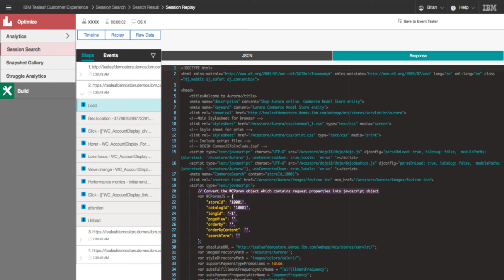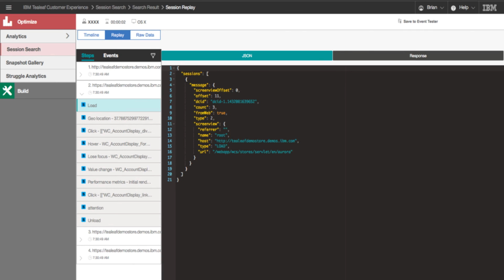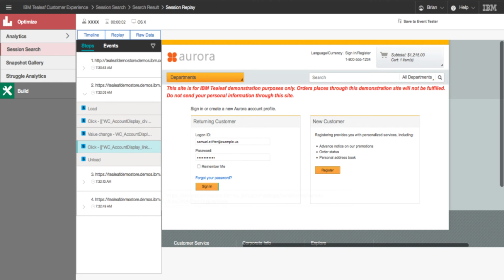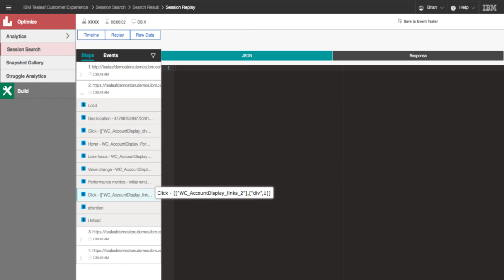The second screen view that was viewed in this session was the logon form for a desktop website. But how many visitors actually click on the sign on button? To build an event to track the frequency of sign on attempts, I would first visually identify that interaction in replay. With the new consolidated session UI, I can easily go back and forth between the raw data panel and